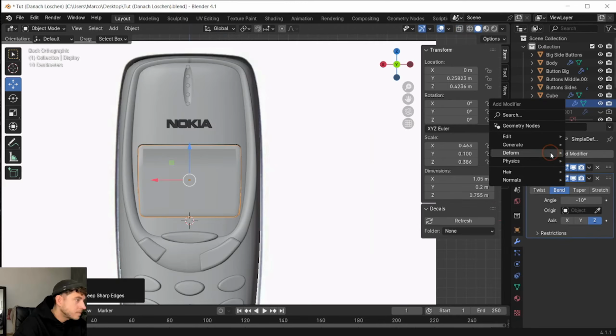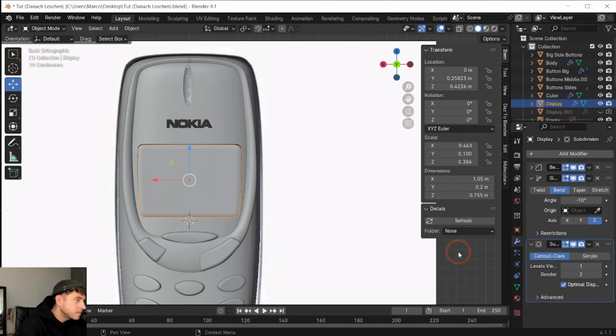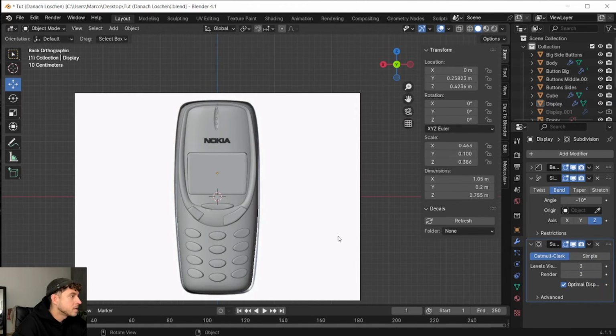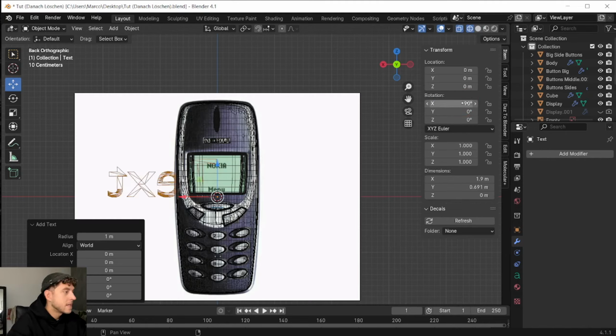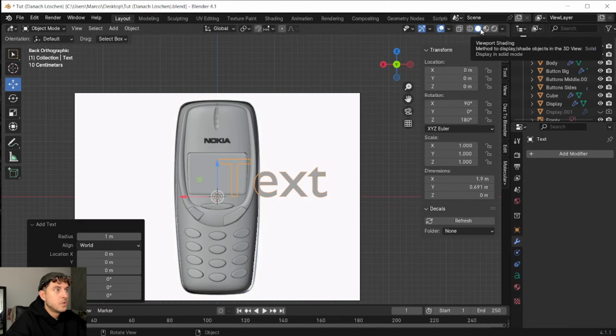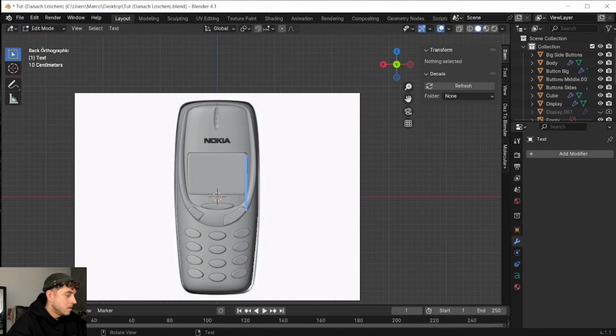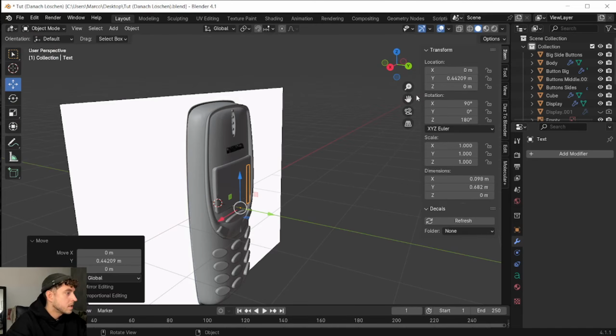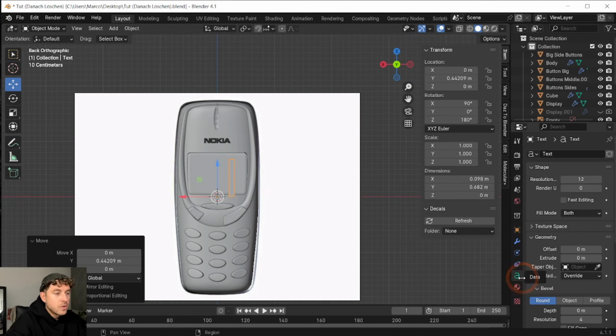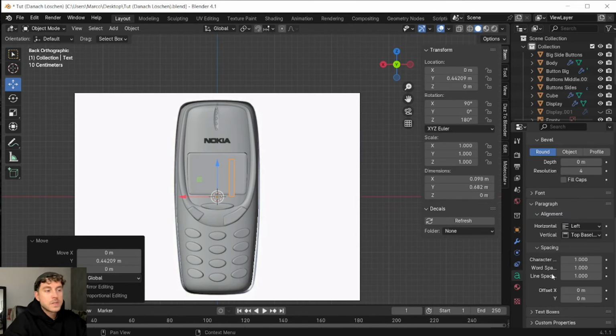Alright, that looks good. Here we also insert a subdivision surface to the display and increase it to 3 in both values. Perfect. Alright guys, we are almost ready. We only need the letters and the numbers for the keyboard. So first, the numbers. Add a text, rotate it in X by 90 degrees and by Z by 180. Go to viewport number 2. Now go in the edit mode, write a 1, go back in the object mode, bring it to the front,